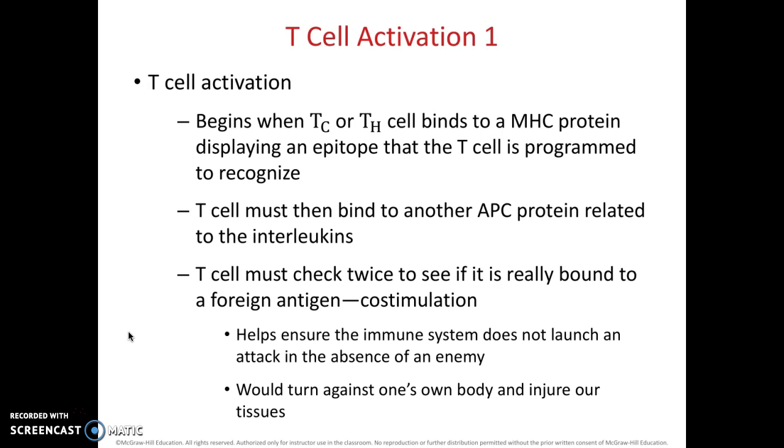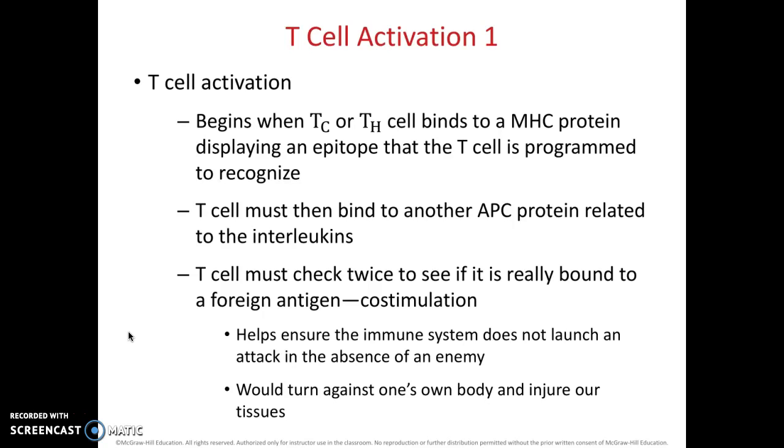So T cell activation begins when cytotoxic T cells or helper T cells bind to a major histocompatibility protein that's displaying the epitope that it's already digested and added to the major histocompatibility protein. So they will bind to the epitope that the T cell's already been programmed to recognize because it has antibodies against that antigen's epitope. The T cell then needs to bind to another antigen-presenting cell protein that's related to the interleukins so that it can